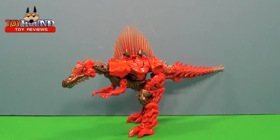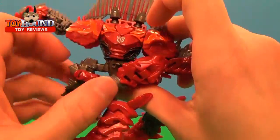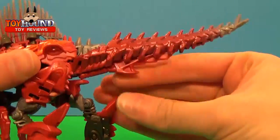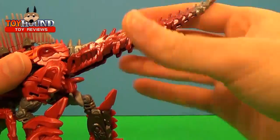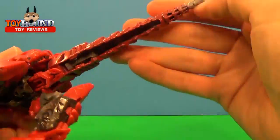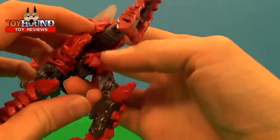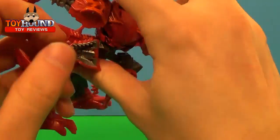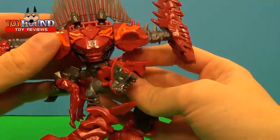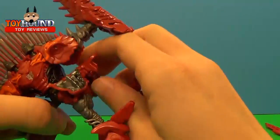And now to show you the Deluxe Class Scorn's transformation. First, you pop that loose. And then he has a weapon, of course. I forgot to show that in the dinosaur comparison part. But that's his weapon right there, and it stores underneath his tail. That's why there's that gap. And this is rubbery plastic. Pop that loose. And then I fold these down. I know you're supposed to fold them down afterwards, but to get out of the way of the transformation part, it makes it easier. And then what you do is, to get everything situated,